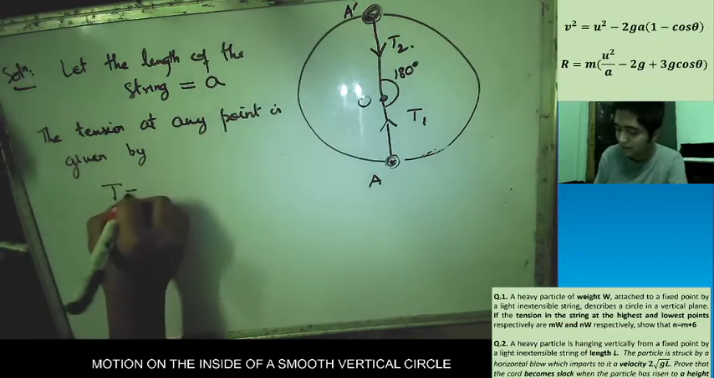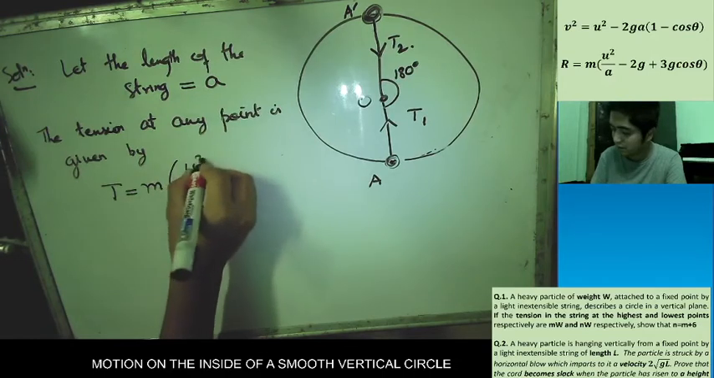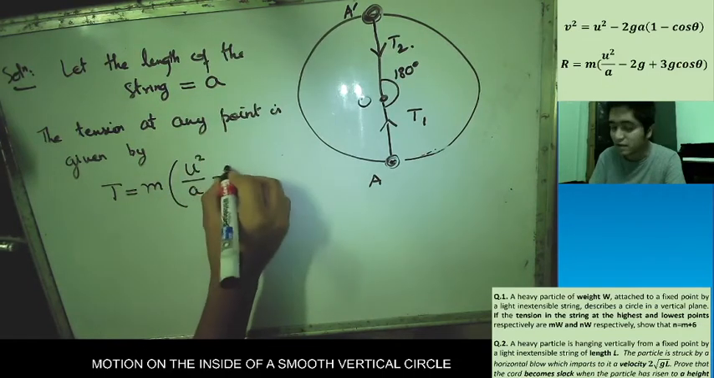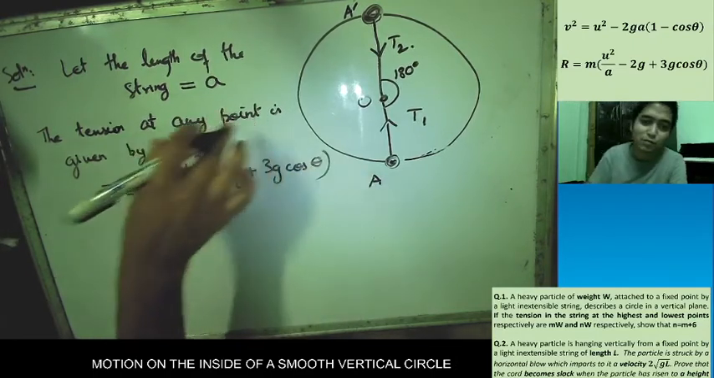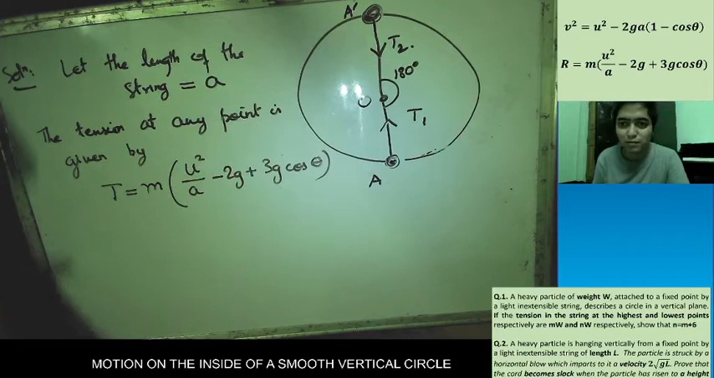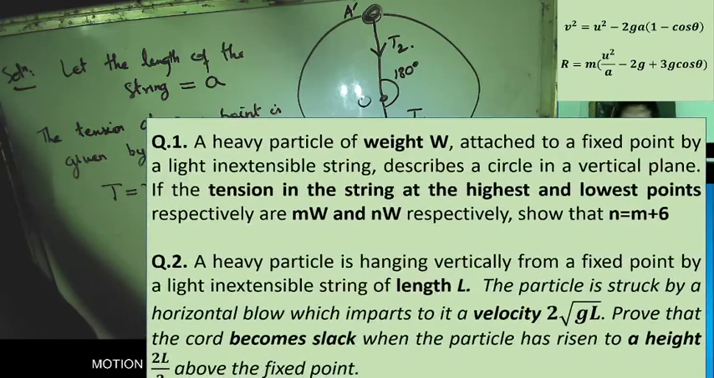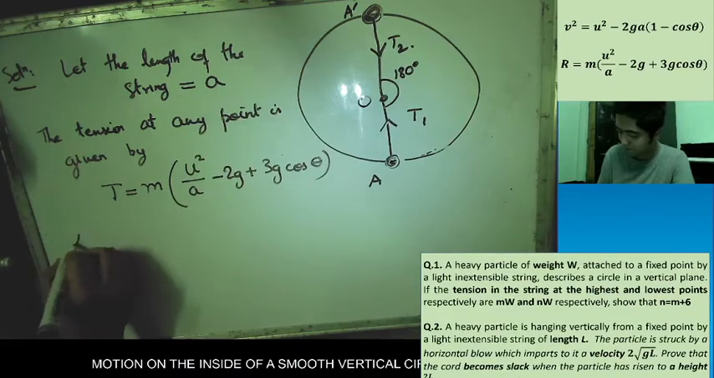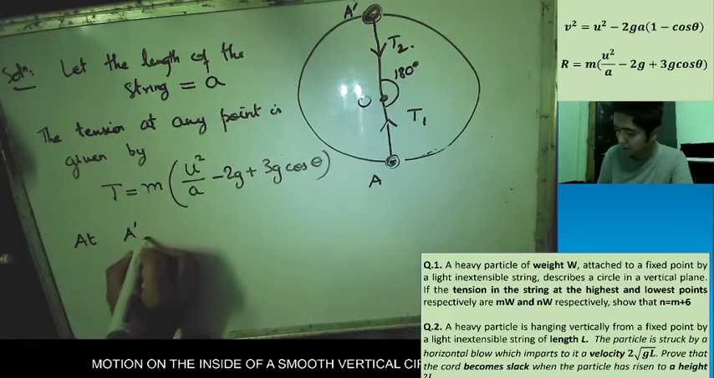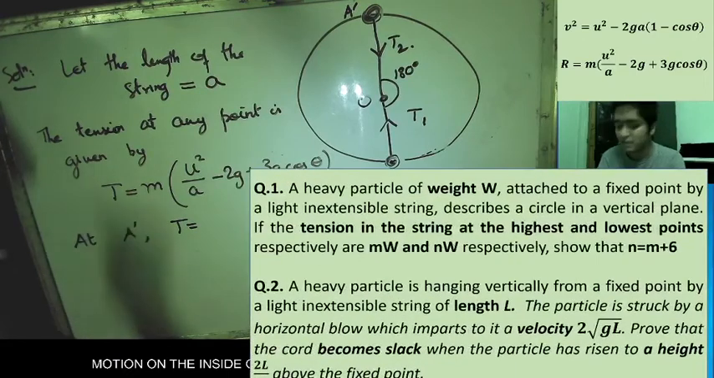T, using formula number 2, is m u square upon A minus 2g plus 3g cos theta. This is at any point. But now we want to find it at the point A and A dash, because what is given in the question is the tension at the highest and lowest points. So at A dash, at the highest point, the tension is equal to